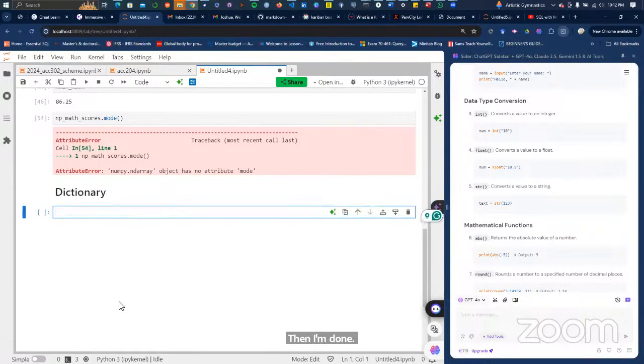Okay, so how do we convert the same thing to a dictionary? So now let me say student scores as the object name, to make it unique. If you are creating a dictionary, we know that the dictionary notation is curly braces.